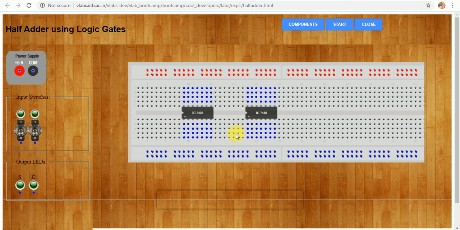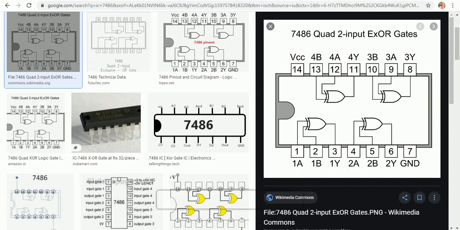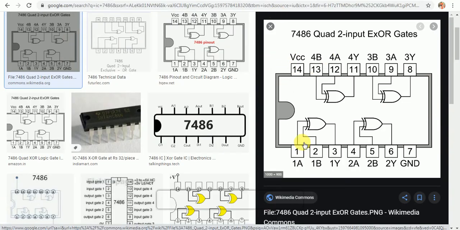Before starting the connection, first we will understand the pin configuration of both ICs. This is the pin configuration for IC 7486. If you look here, inside this IC we have a total of 4 XOR gates. Out of 4 XOR gates, you can use any one XOR gate for completing the circuit.